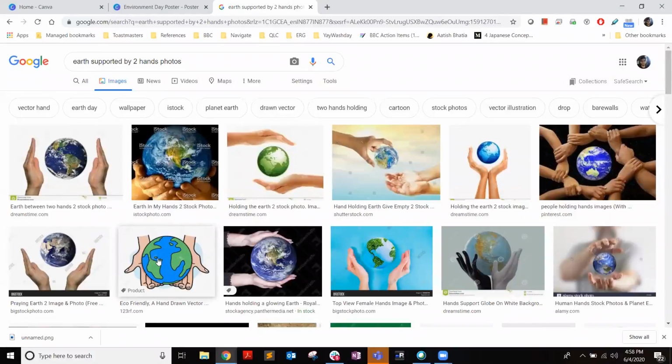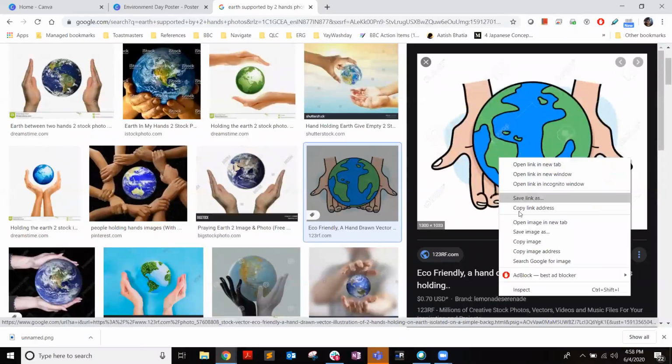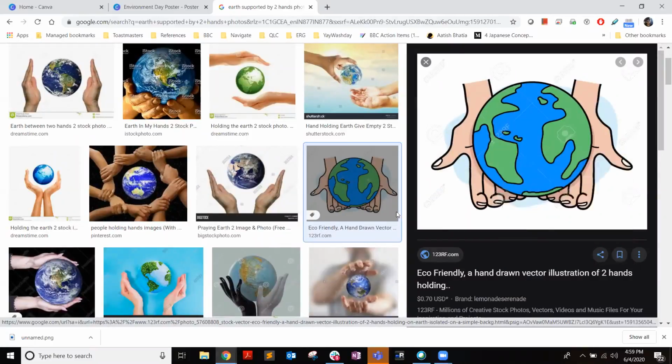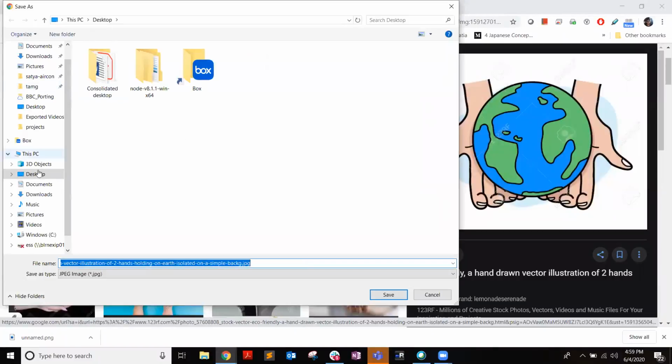I went to photos and I searched up Earth, sir, and it showed a little sapling growing up. That's nice. We are relating it to trees. So yes, sapling goes there. Then I'm going to right click and download this image by clicking save image as. Click on save image as, save it, say you want to save on desktop. So select desktop, name it whatever you want. I'm going to name it Earth, just simply Earth, and click on save.